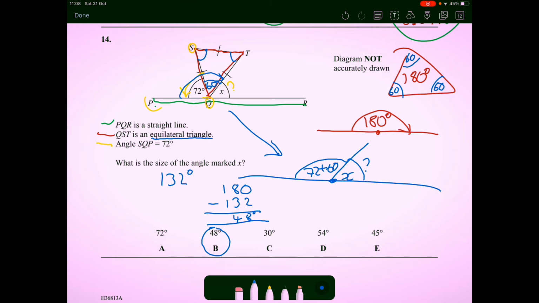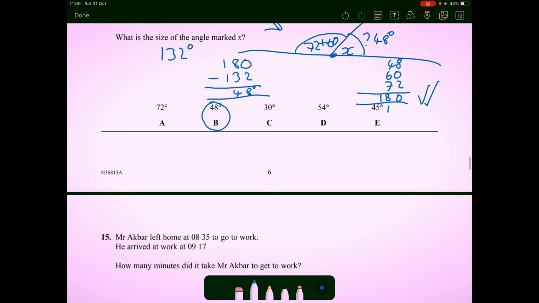We know we've done this right if we add the 48. Little check you can do afterwards, maybe you've got a spare bit of time: 48 plus 60 plus 72. In theory, that should add up to 180. 8 plus 2 is 10, so the 1 is carried. 4 plus 6 is 10, plus the 7 is 17, plus the 1 that's carried, 180. So I've double checked my work with my spare time that I've got by adding up and performing an inverse